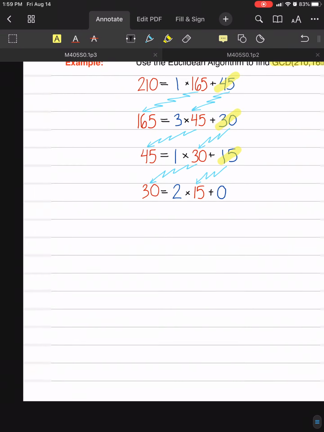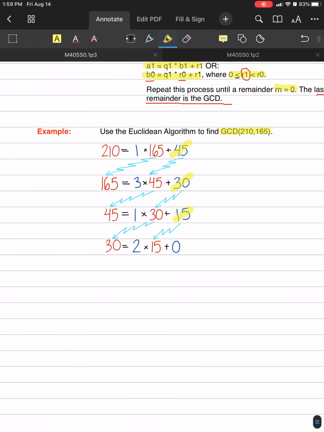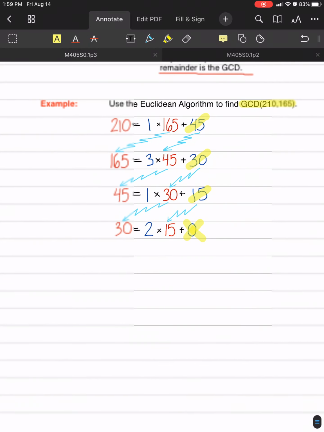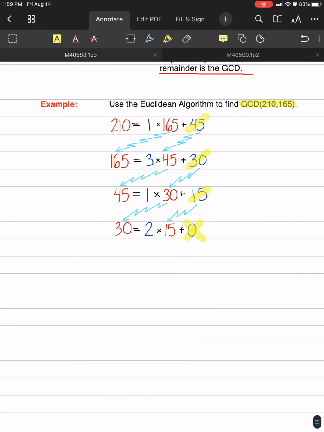But you'll notice at this point, we have finished our algorithm. Here, it took us 4 steps. That is not always the case. It can take you more or fewer steps depending on what the two numbers are to start with. Sometimes it might only take you 2 steps. Other times it might take you